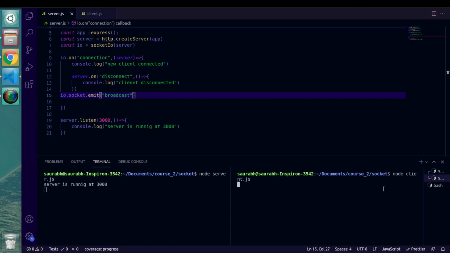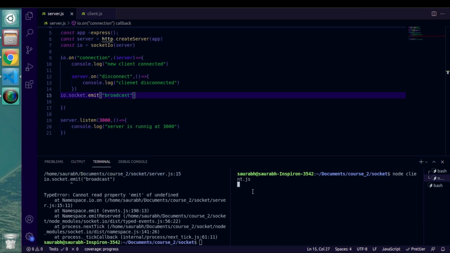So we got an error as soon as our client connected, saying that emit is undefined, so we are making some mistake here. Let's say server.